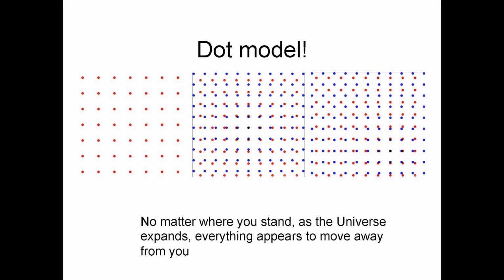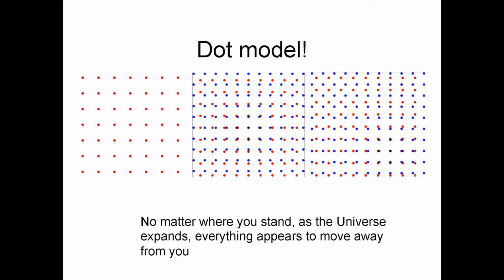Slide 7, I think, shows the expansion a little better than these 2 models. These are marvelously color-coded dots, with one representing the universe at one time, and the red and blue representing the universe at another time. And so you want to see if the universe is all expanding away from us, or whether in fact you'd see the same thing no matter where you're standing. And so the blue dots are slightly shrunk with respect to the red. If you overlay them, then you see if you're standing right in the middle dot, it looks like the whole universe is moving away from you,